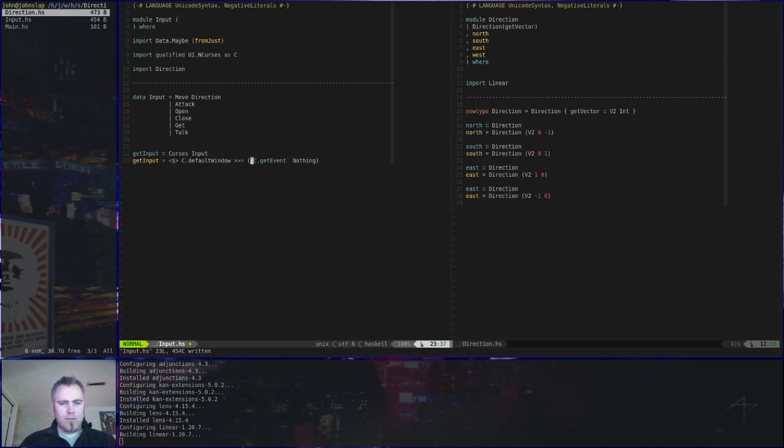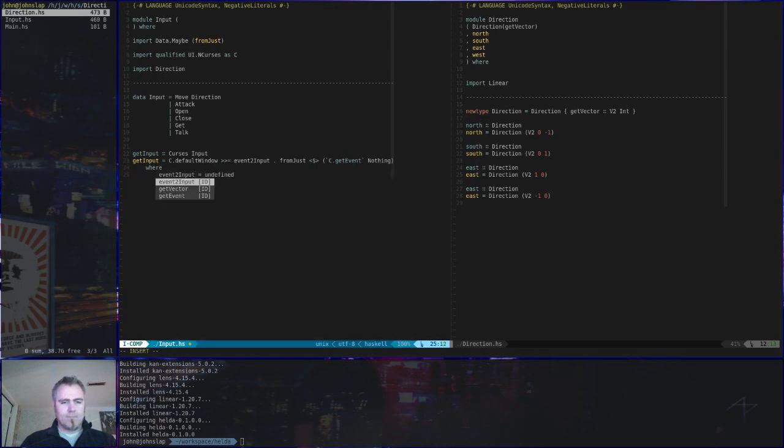And then from just goes here. Pretty good. Actually, this returns. What we need to do is also encode the event. So C event to input. And right here,